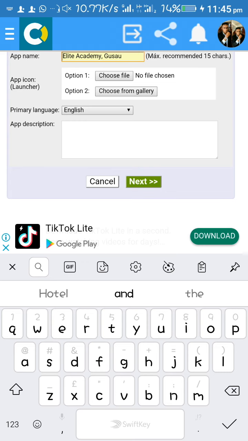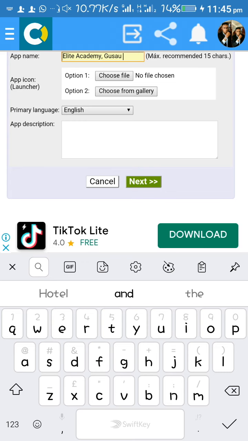So any picture that I want to be the icon for the app, I will upload it, or I will choose from gallery. Once I click on choose from gallery, it will take me to my phone to choose any picture I want. But if I click on choose file, this app creator will give me available icons to use. So let me click on choose from gallery.